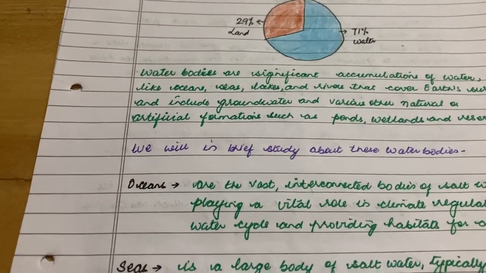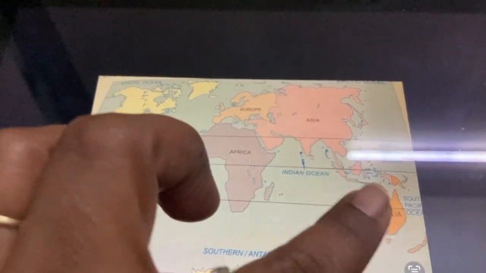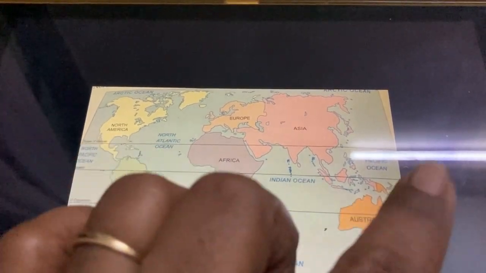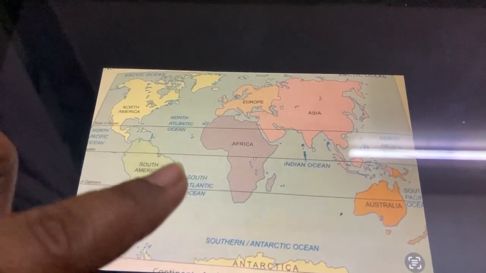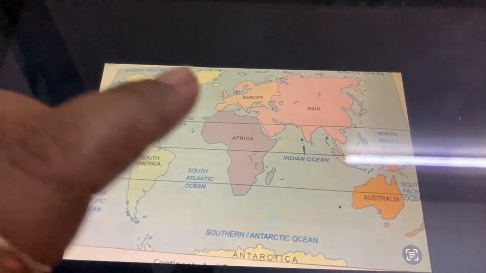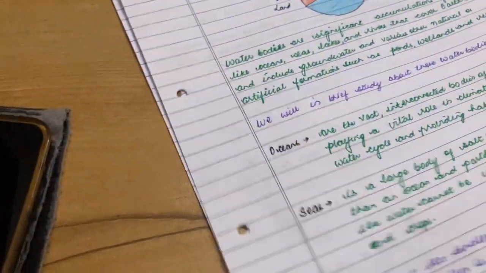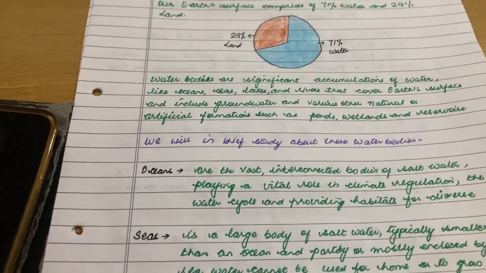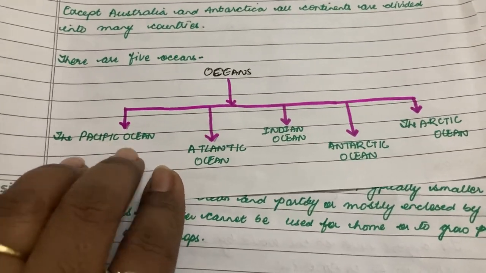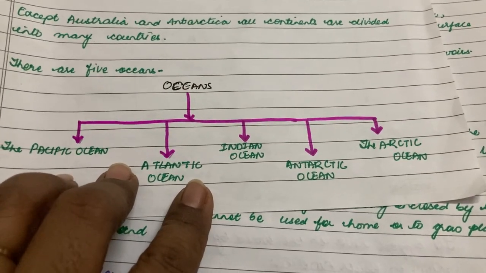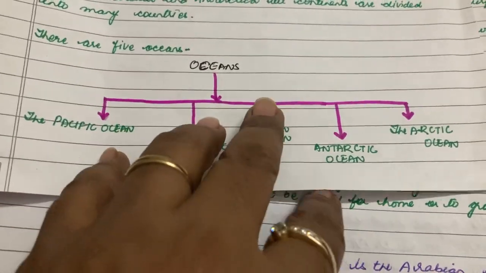Yes, so if I show you a picture of the oceans, these are the various oceans. If you see this, these are the parts of land, but a vast variety of this land surface is covered by water. And the majority of these, the big Indian Ocean, Atlantic Ocean, these all are water and are very big interconnected water bodies. So now we understand how many oceans are there. Basically there are 5 oceans. What are those? The Pacific Ocean, Atlantic Ocean, Indian Ocean, Antarctic Ocean, and the Arctic Ocean. So there are 5 oceans.